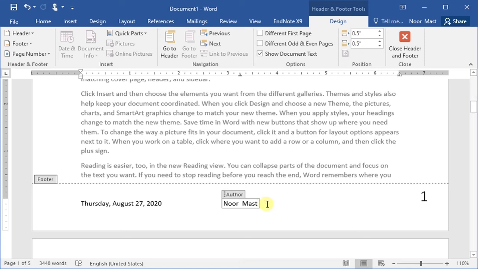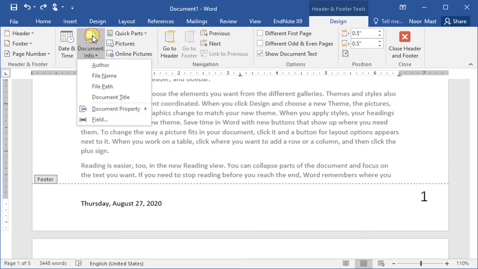If you don't want the author name, press the Ctrl Z key to undo this command, and again go to the document info command. The other option is file name, so click this one to mention the file name in the footer section.